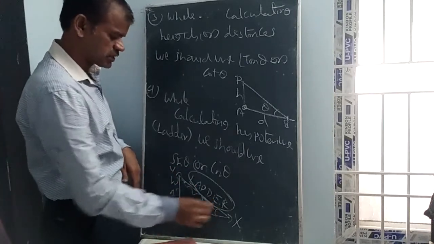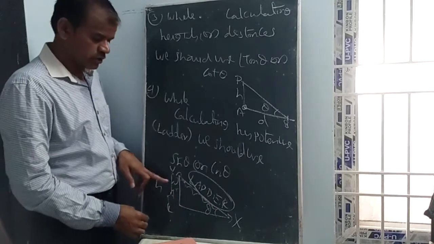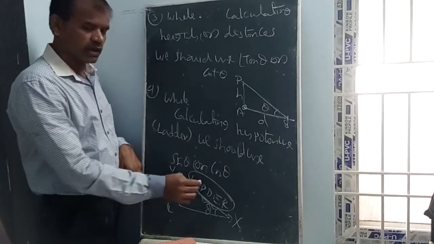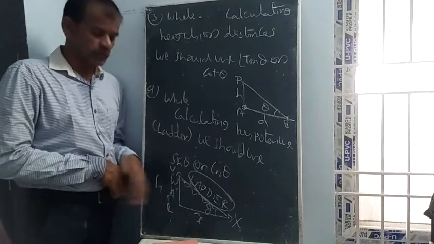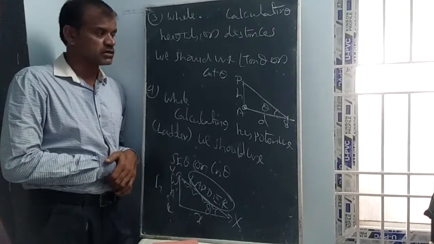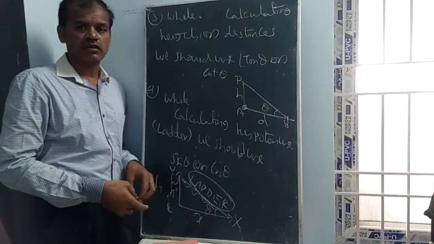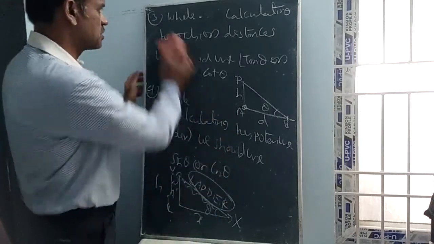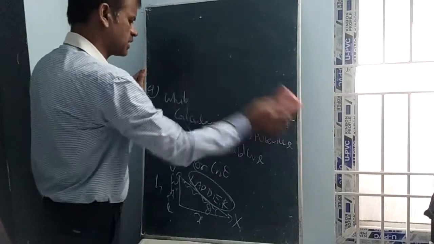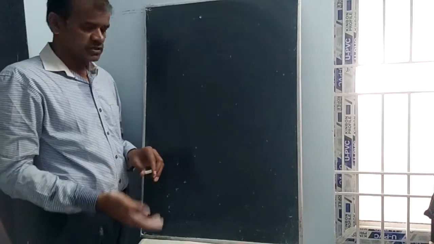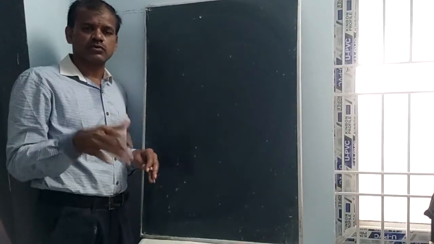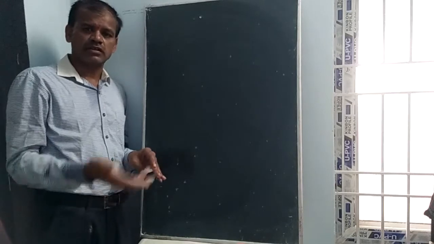We should use sin theta or cos theta because the height will be given. Here sin theta is equal to opposite by hypotenuse and cos theta is equal to adjacent side by hypotenuse. So while calculating the hypotenuse, we should use sin theta or cos theta. But for calculation of distances and heights, we should use tan theta or cot theta. Simply, the complete chapter depends upon tan theta, cot theta, sin theta, and cos theta only. If he gives sec or cosec, we should convert it into tan or cot. Like that we follow.